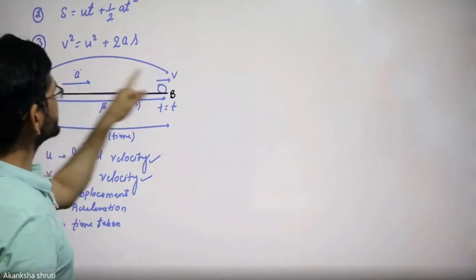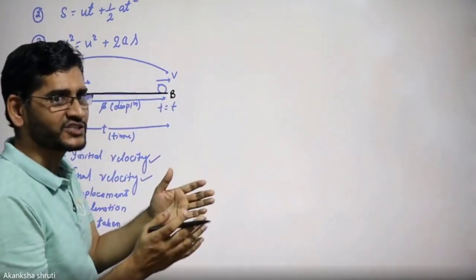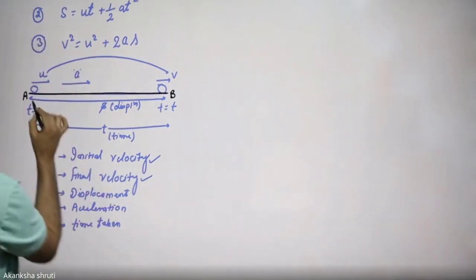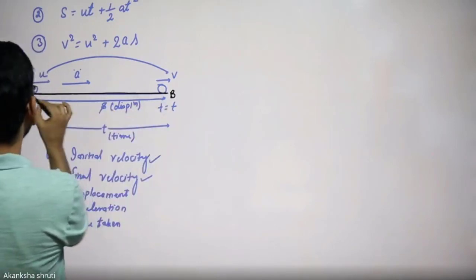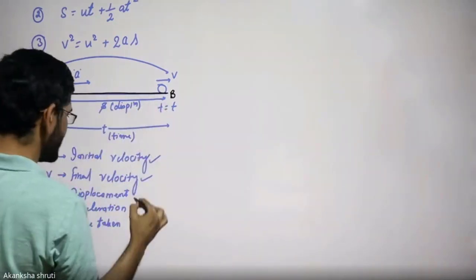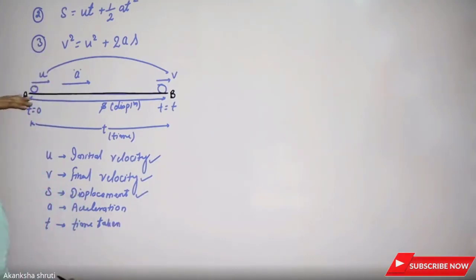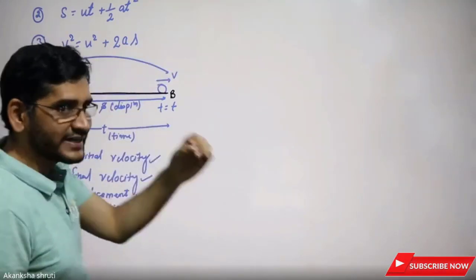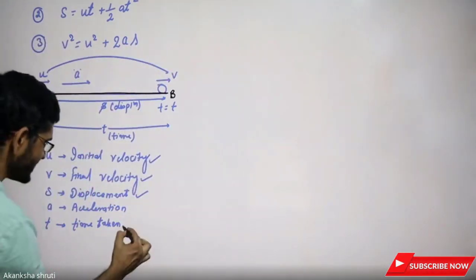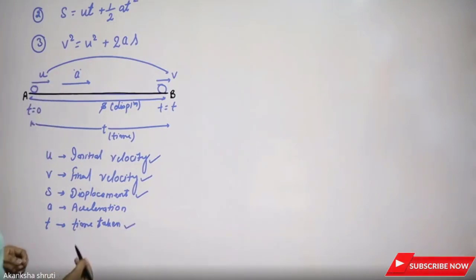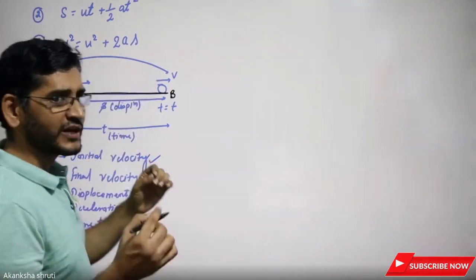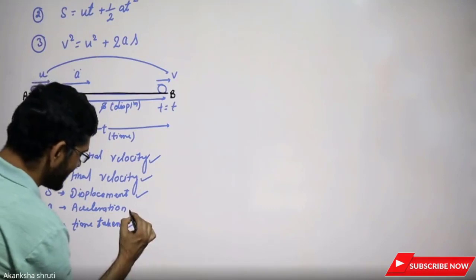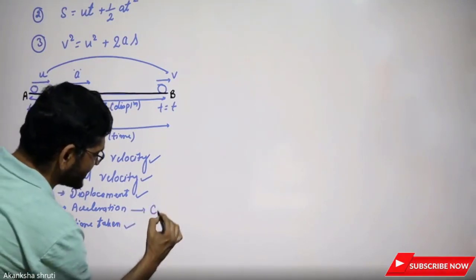Students, while the speed or velocity is changing, the body will surely cover some distance or displacement. Here, s denotes the displacement between points A and B. During this displacement, it will surely take some time, and that time is denoted by t. Also, since there is a change in velocity, there will surely be acceleration, denoted by a. But keep in mind, this acceleration has a constant value.